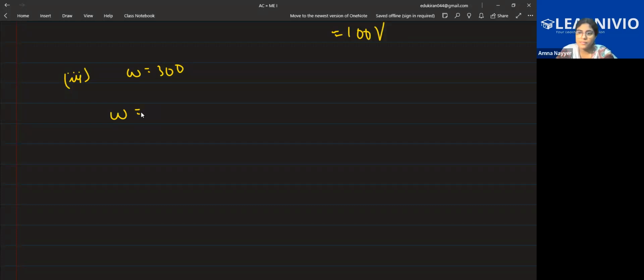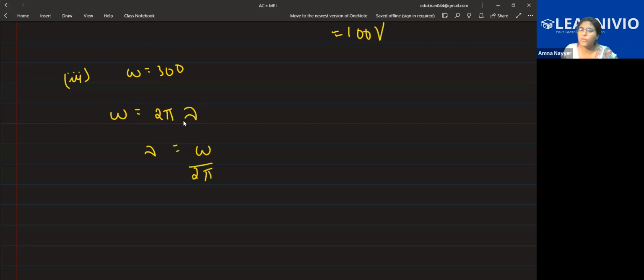2 pi nu is equal to omega. Nu, the symbol which you're referring as V, that is called nu, which is the linear frequency. V will be velocity, okay? So this is 2 pi and this symbol is nu, meaning the linear frequency, okay? And we want the linear frequency, so it is omega divided by 2 pi.